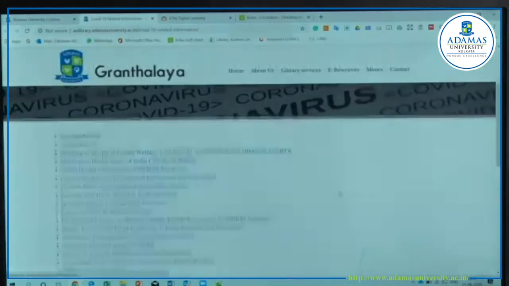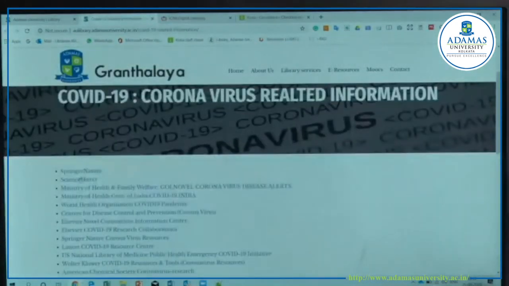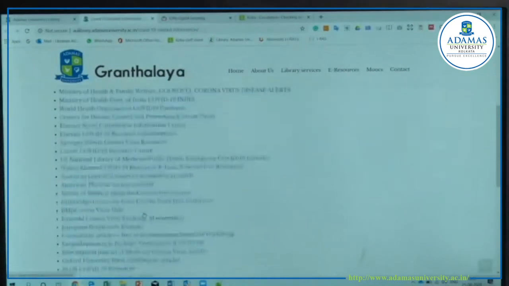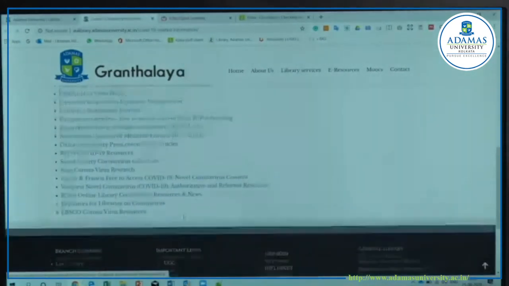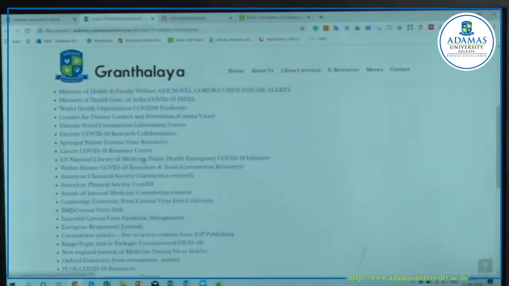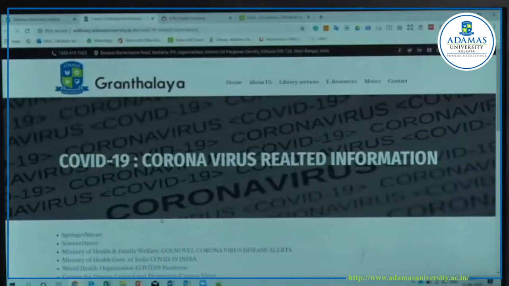So there is amazing information available from different resources, Springer Nature, ScienceDirect, and others elsewhere. So many things are available. You can get resources, you can read according to your interest, you can develop your knowledge. Okay, this will be very interesting for the students who are mainly in the life science area, biotechnology area, and pharmaceutical area.